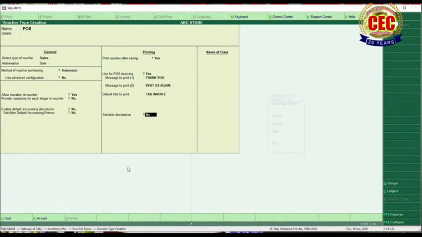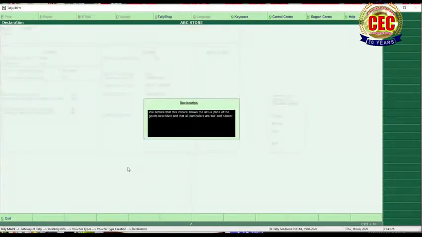Here we already declared that this invoice shows the actual price of the goods described and that all particulars are true and correct. Suppose you want to change, you can change, like all products are original, and rate.